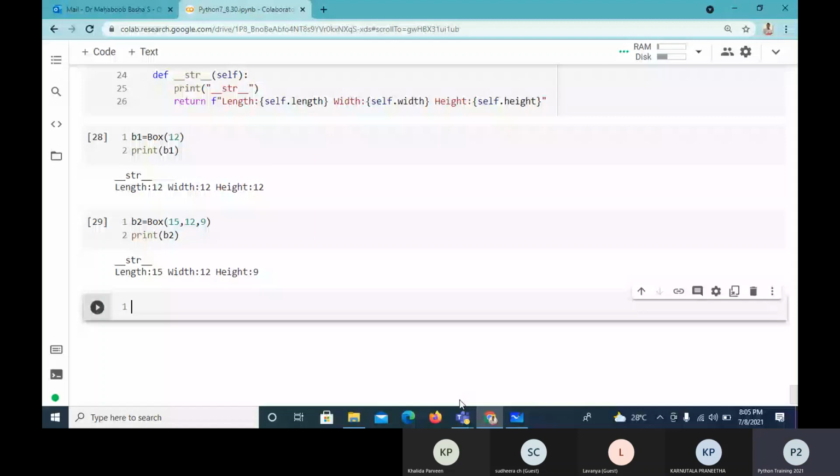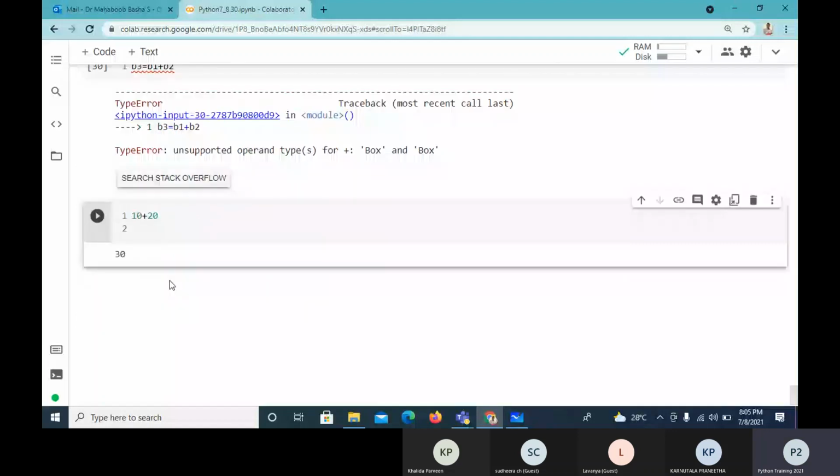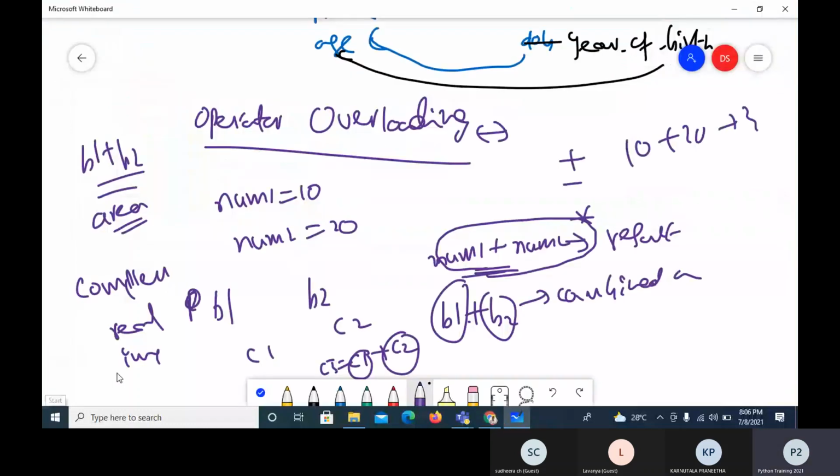I want to do the same thing on objects, but of course it is not straight addition. So as per the requirement, suppose it is a box, when I add 2 boxes, my aim is to add the 2 areas of the boxes. Or suppose I have a polynomial, suppose I am representing a polynomial in a class, we'll write that program. It will be a useful one.